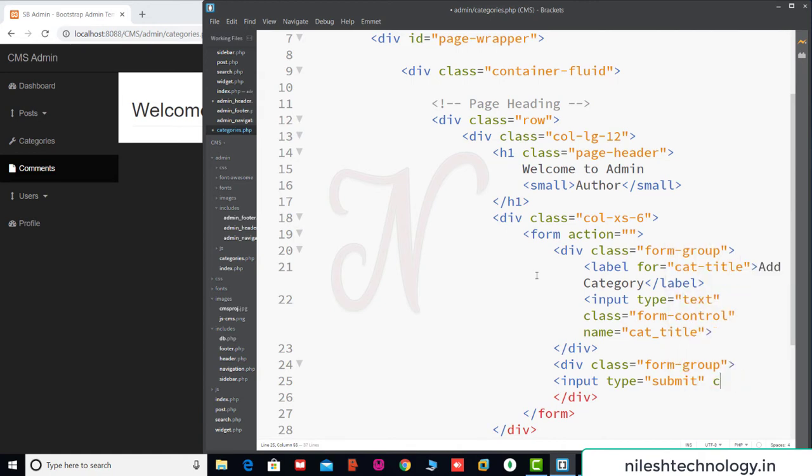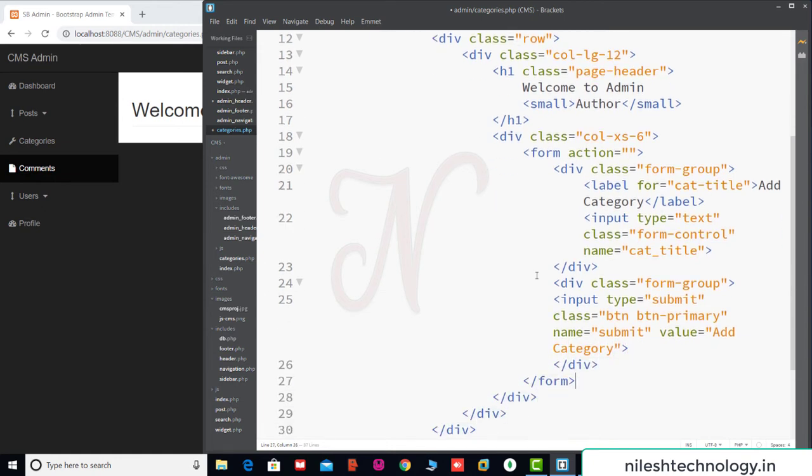Then here we define one class equal to btn, so this is the btn btn-primary button. The name of this button is submit, and the value, the label name of this button, is Add Category. So this is the div tag. Here we close this form. Okay, so save these changes.